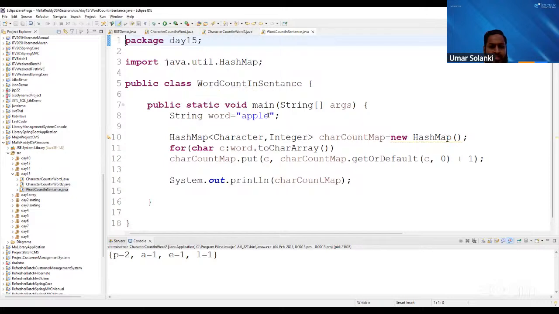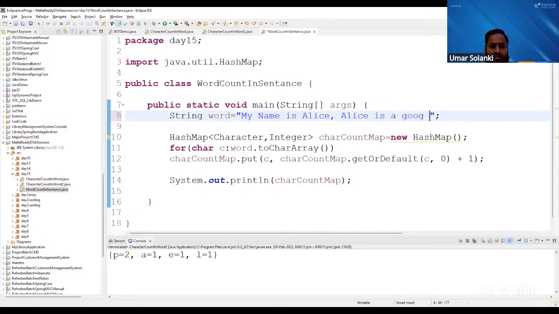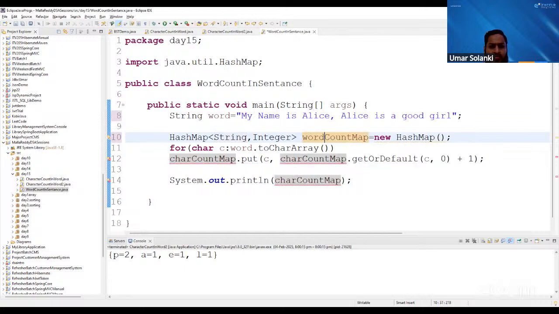So now if we take a sentence, my name is Alice. Alice is a good. Okay, so now how will we do this? So now my hash map will be, the key will be a string, an integer. Okay, now I'll say word count map. Okay, then